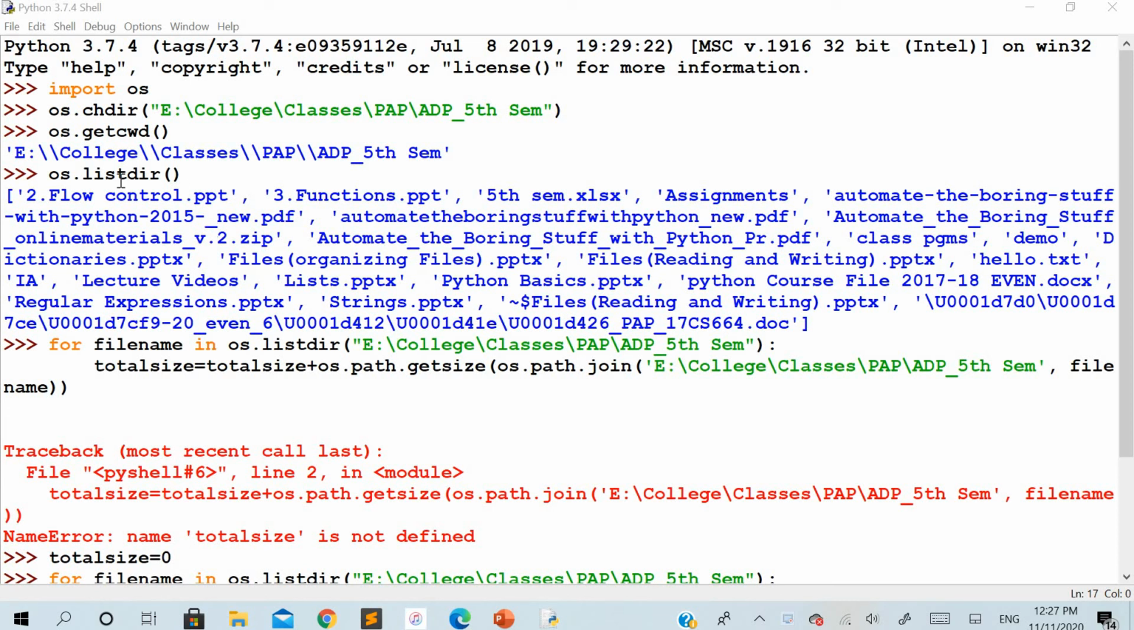Whenever you apply the listdir method with the help of the os module, as a result you will get the total contents of that folder. Right now you can see in this function, I have not passed any parameter to the listdir method, but still you are able to get the result. That is because we have changed the directory to this path, and currently we are in this directory itself. So if you apply listdir, whatever the contents are there in this directory will be displayed